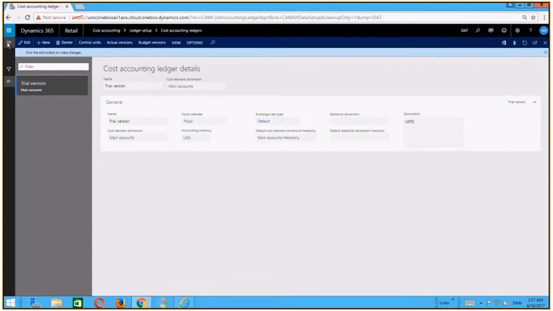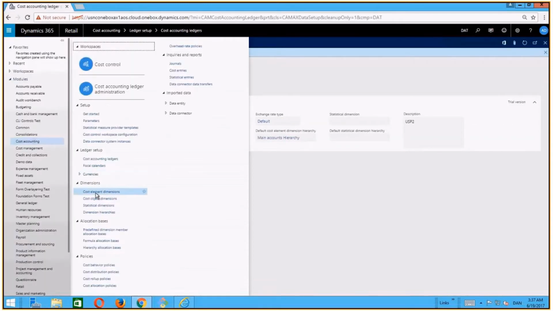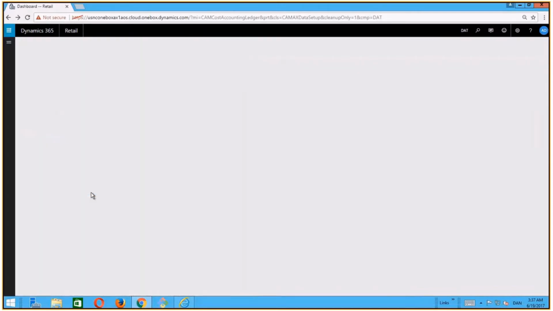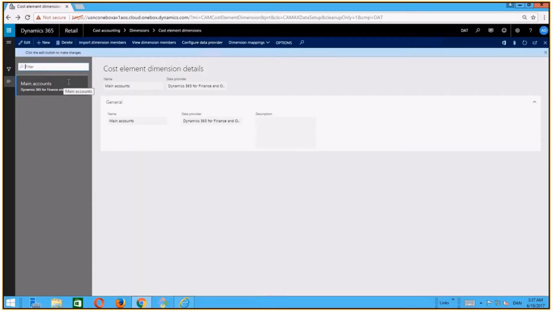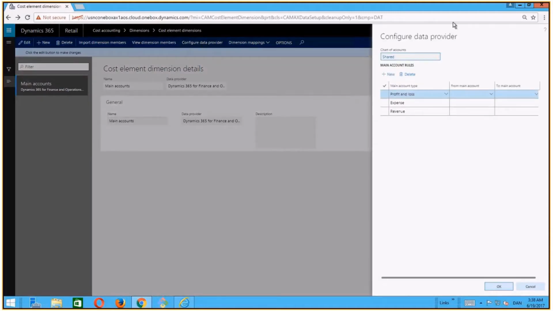If we go to the dimensions, which are really the building blocks of cost accounting, we can go to the cost element dimension. We can see that it created one entity in here called main accounts. It created and selected the data provider for this entity to be Dynamics 365 for Finance and Operations. And if we go to configure the data provider, we can see that it has been configured based on the settings that I entered into the wizard.